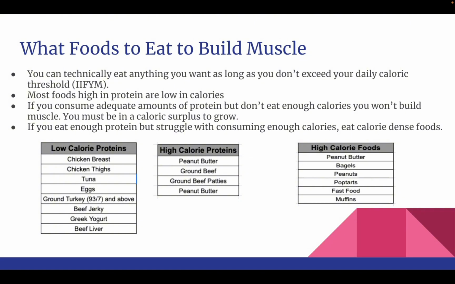So one thing to note, most foods are high in protein and low in calories when you're eating lean meats. So lean meats typically have very high protein but are low calories. So like when you see bodybuilders eating chicken and rice, they're doing that because it has tons of protein at very low calories when they're getting ready for a show. However, when they're bulking, they typically eat adequate amounts of protein and whatever they want for the remainder.